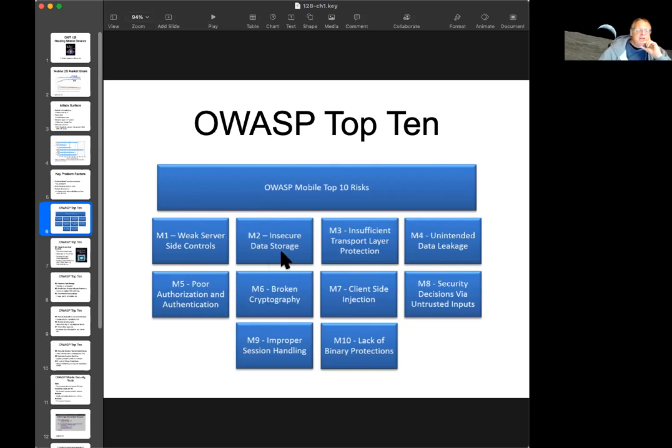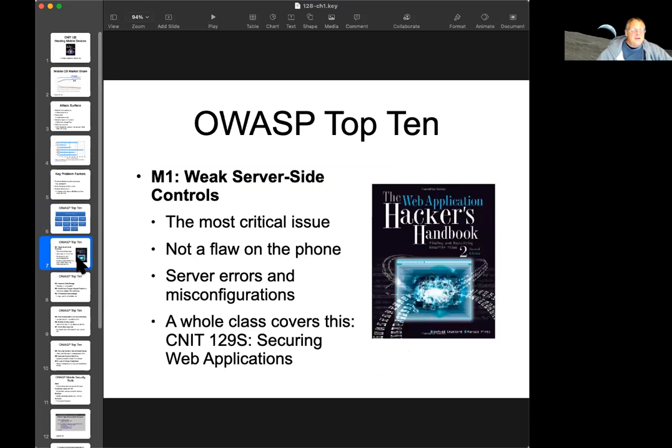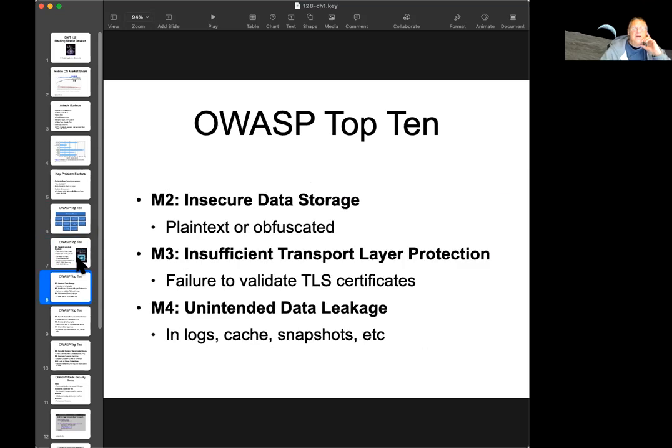But then there's a lot of things here like insecurely storing the data locally, insecurely encrypting it as you send it, and there's lack of binary protections, considered a less serious vulnerability, but extremely common. So OWASP, they're all here. So that's the most critical issue on the phone is actually on the server, and we have a whole class just in this 129S securing web applications, which is largely about what goes wrong on the server side.